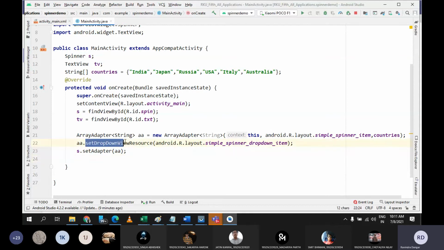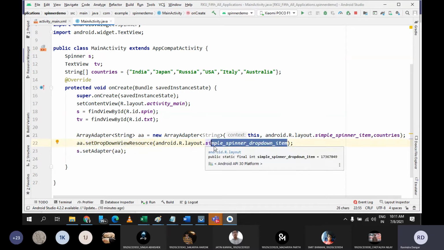And while using this method, the parameter which I am passing is android.R.layout.simple_spinner_dropdown_item, because here I want to use a spinner, and inside this spinner I want to display all the items as a drop down. Other than this, I can use any other pattern also. It is up to you. What kind of pattern you want to go with, you can select that pattern from the drop down.